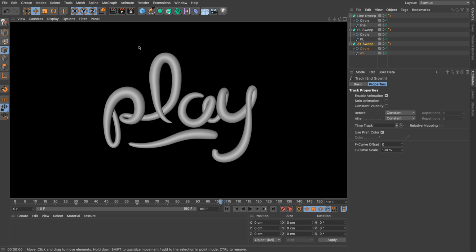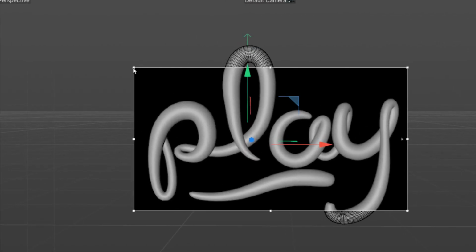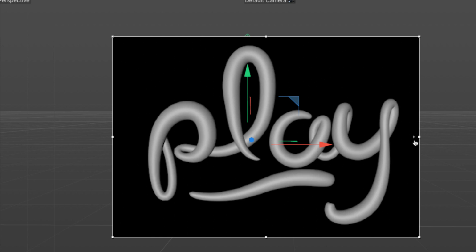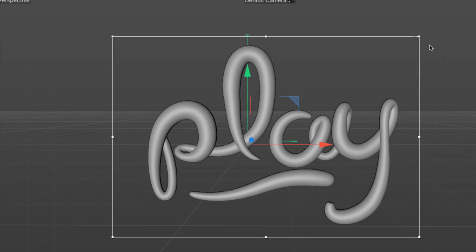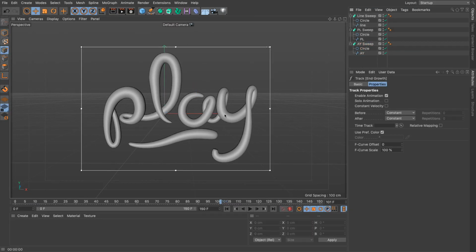So first of all, in order to be able to view the rendered version in our viewport, I'm going to click and hold this little button, and let's activate the interactive render region. Release and get this little rectangle. Now you can use these dots to place it where you want. Just click and drag. This little arrow, the smallest arrow in the universe, is used for quality. If I click and drag it upwards, I'm going to get maximum quality. And then if you right click on that little arrow, we're going to set alpha mode. That's very convenient because it's actually a rendering but cutting out the alpha so we can see the background. So let me deselect everything, and this is the rendered version.